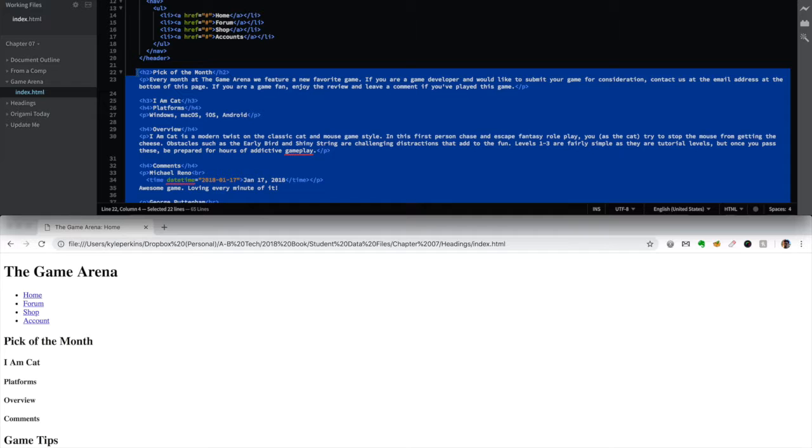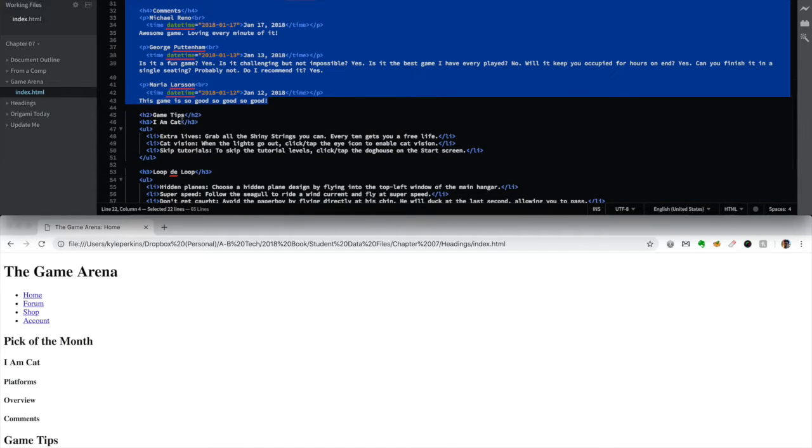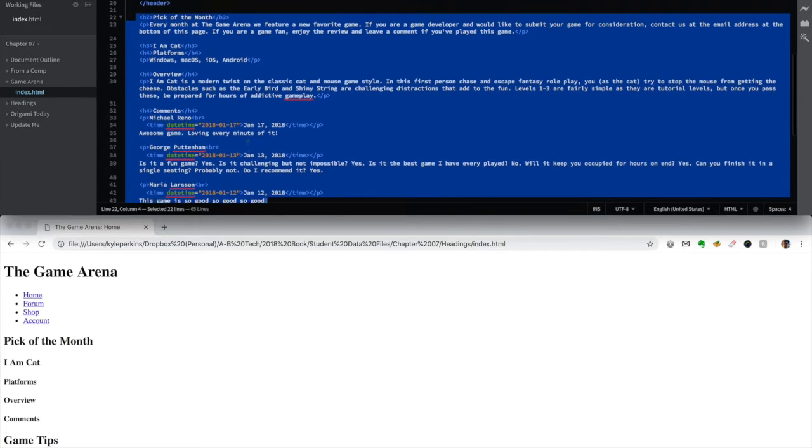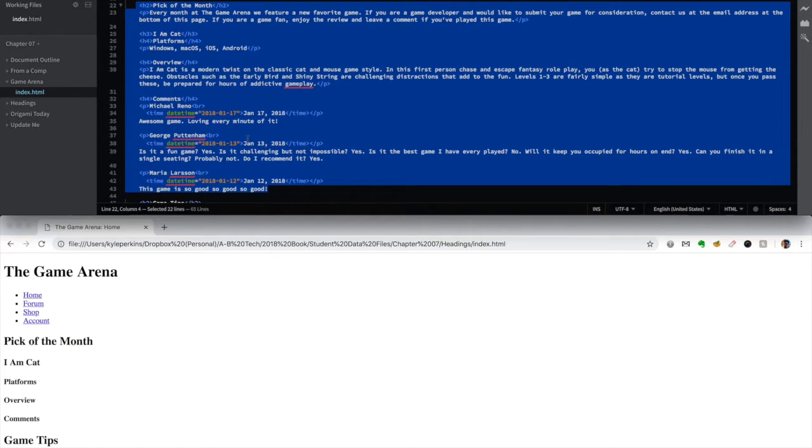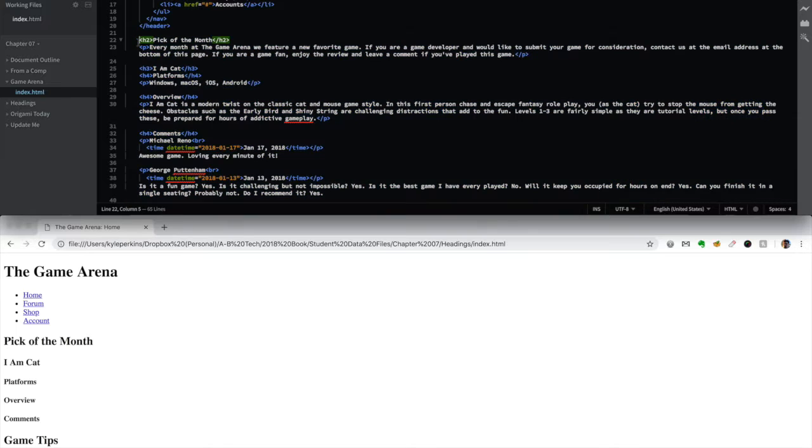The game tips, as in everything below, is just extra content that's not necessarily important to the page. It's good, but it's not important to what we want this page to be about. So we're going to be wrapping this whole section right here inside of a main tag. First thing is